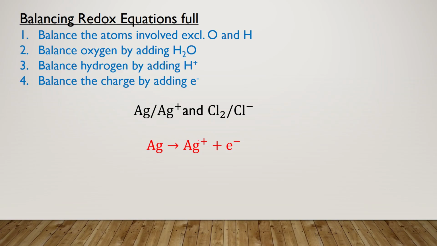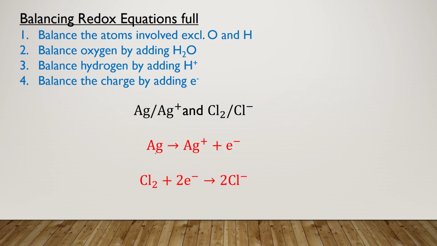because there's no oxygen, no hydrogen, and silver was already balanced. So we go straight to balancing for charge here. For the chlorine, all we had to do was balance for the number of chlorine atoms. So we had 2 on the left-hand side, then we have 1 on the right-hand side. So we just had to balance by multiplying the coefficient of chloride by 2, and then balance for charge by